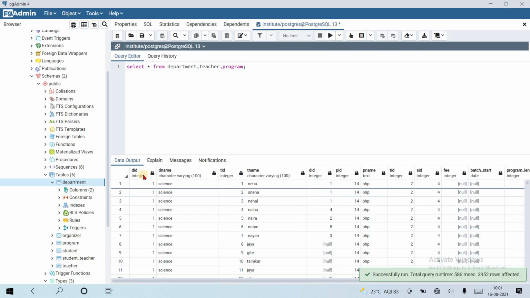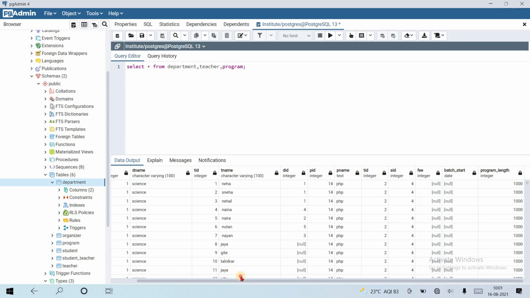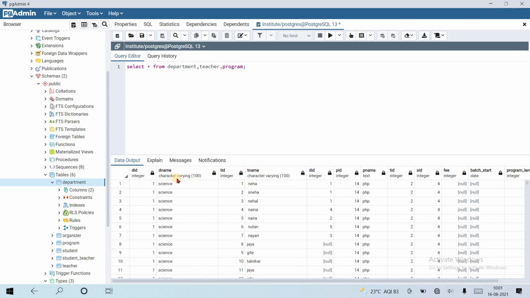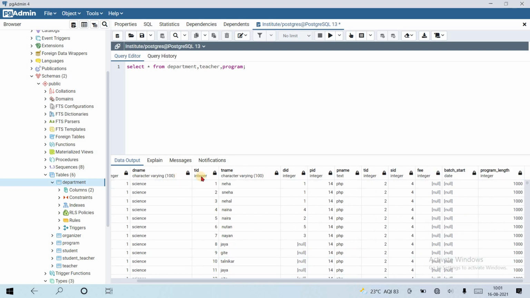Yes, we can. Department has department id and department name. Teacher has teacher id, teacher name and department id. So in the first two tables department id is common, and teacher id is common between teacher and program. So we can connect them.